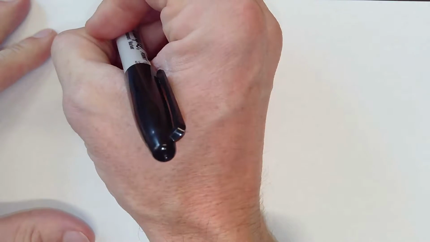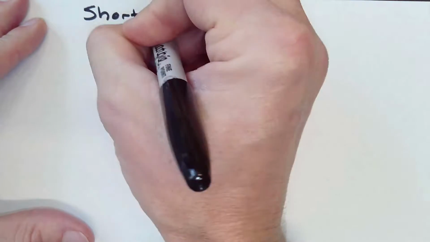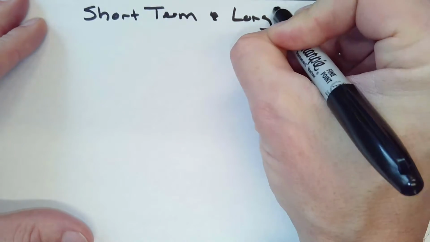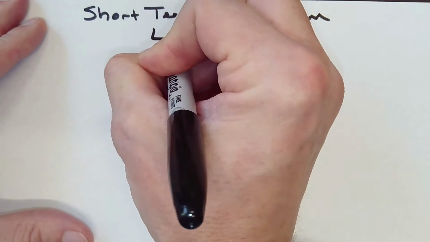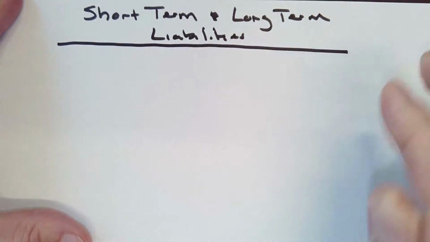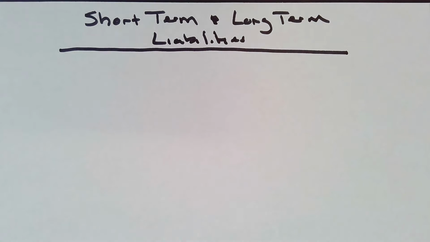All right, so now we're going to move away from assets and we're really going to start thinking about liabilities. So we're going to go onto the liability side, or the other side of the balance sheet, and away from assets. We'll be looking at today just liabilities, both short term and long term liabilities. And I want to break the liabilities down into two specific groups: